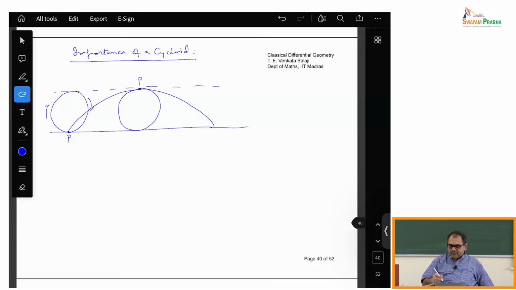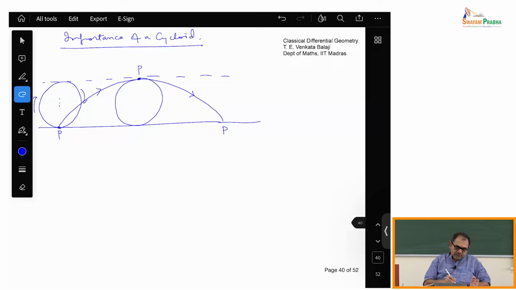Okay, and then you see you get this cycloid. Now you can write out mathematical equations for it, and all that can be done. But what I want to say is that there are things I'm going to say which you can actually write down mathematical equations for and verify. But the geometry is what is very beautiful. The first thing is that at this point, if you draw the normal,